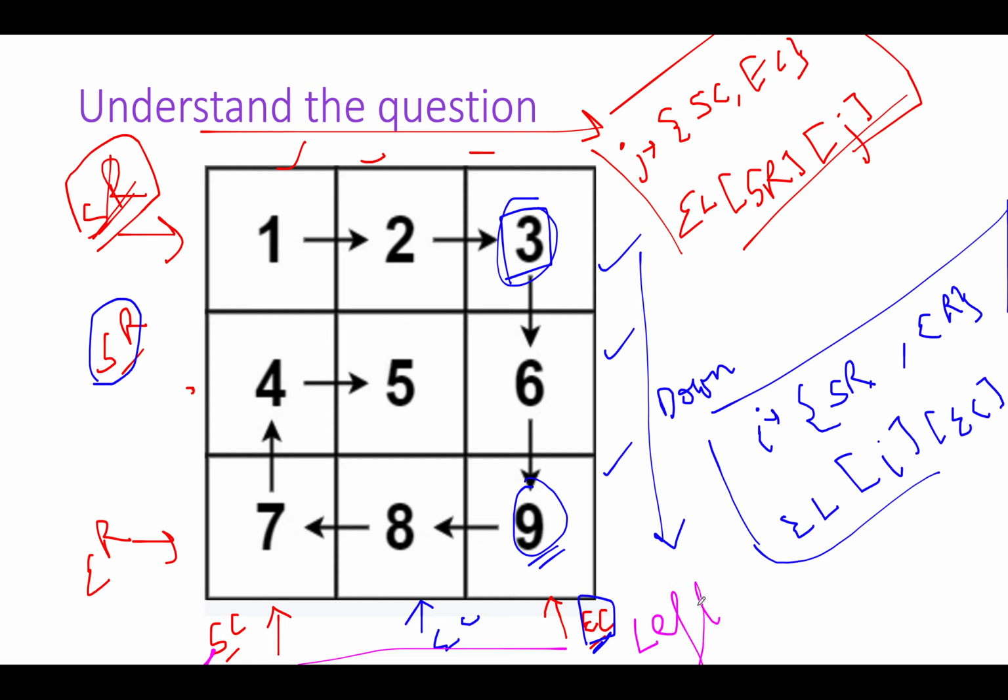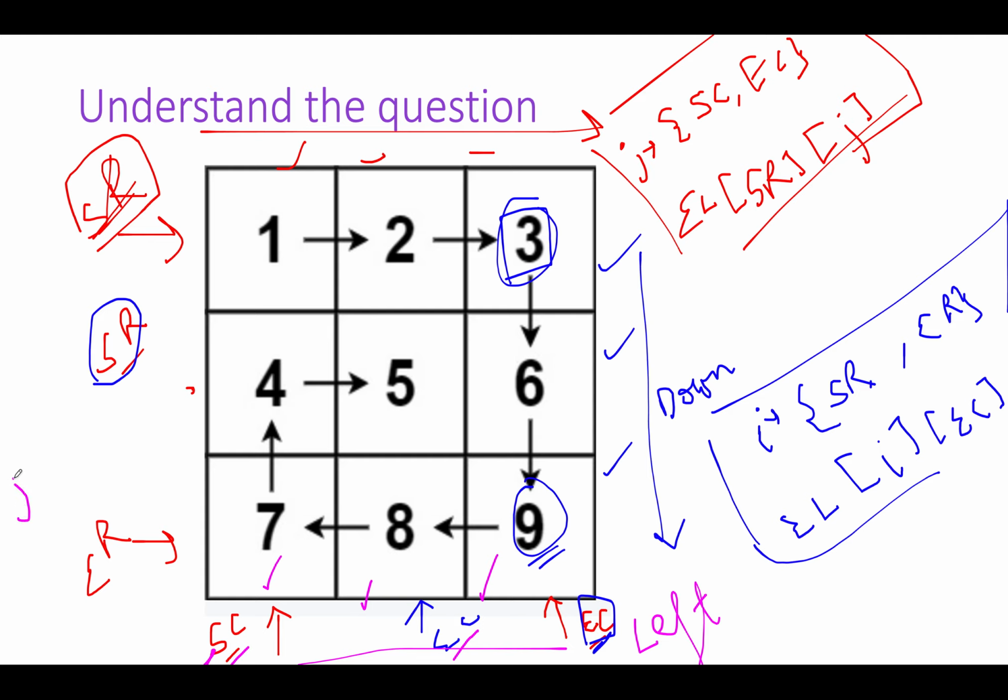So let's write that up. This time the variable parameter again will be J because the column is getting changed, and here J will extend from EC till SC.